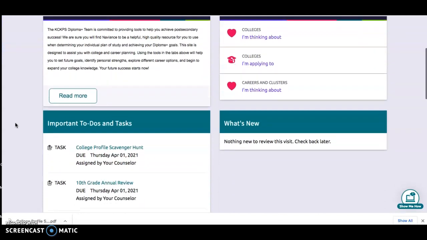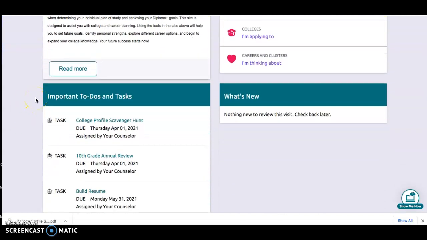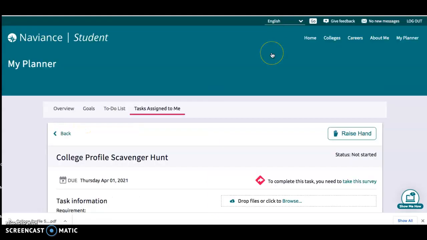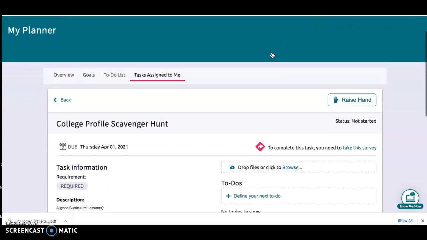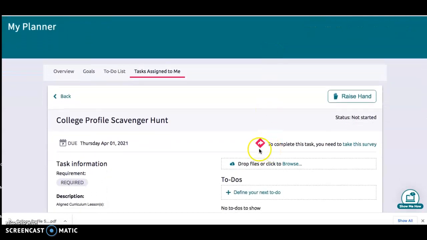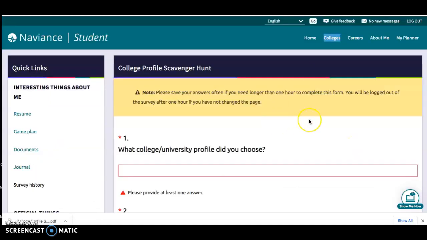From there, you will scroll to your important to-dos and tasks, and you're going to look for the task that says College Profile Scavenger Hunt, taking you to your Naviance student planner. Find that pink arrow, and you're going to click on Take This Survey, which will pop up your College Profile